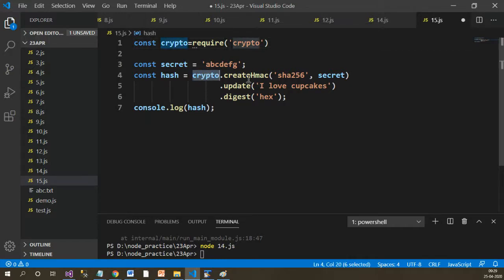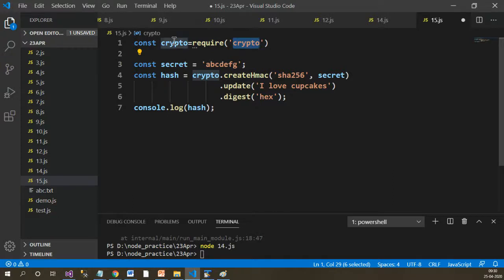So in order to include this module, we have used the require method where you mention the module name, and we have created one constant variable, crypto, which will represent this module throughout the application.